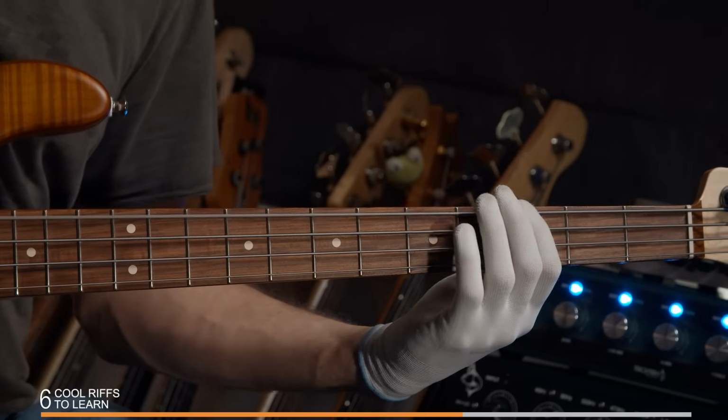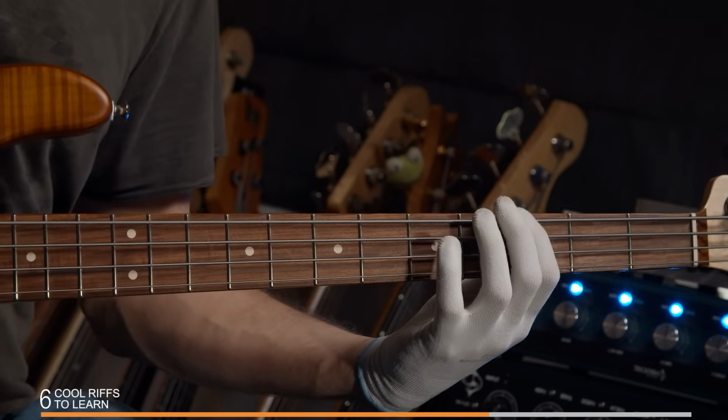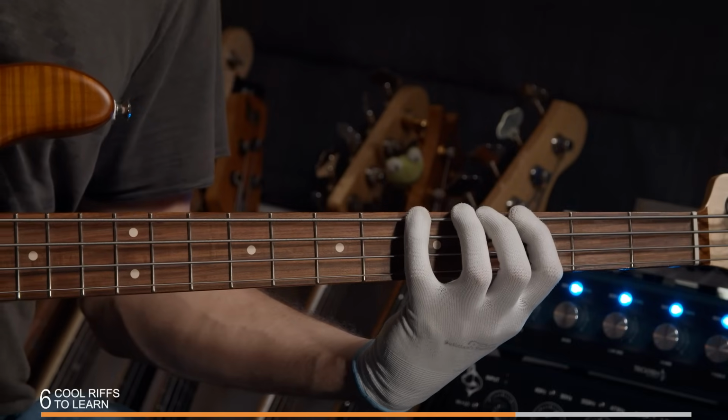So I'm just gonna play it with the drum track. I've got a drum track over here. So first of all, with 1 note. 2 notes, 4 notes, 2 notes, 1 note again. Now we're right back at the beginning. 2 notes, 4 notes, 2 notes,